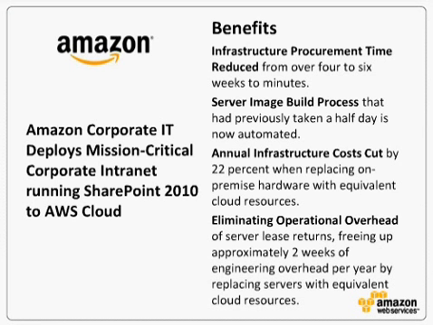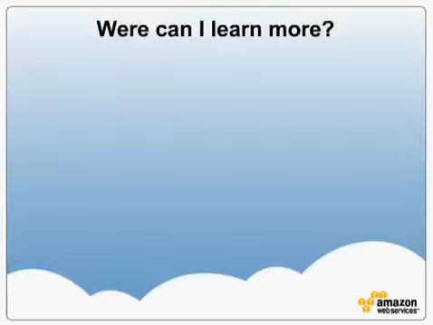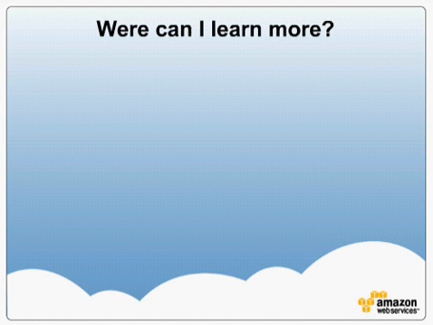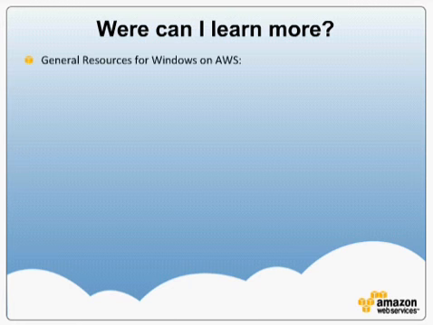So if Amazon corporate IT can make that choice and take a look at building some of the bigger infrastructures, certainly your business can as well. There's a lot of information resources available. Amazon's built quite a lot of documentation and general resources about not only our platforms but how our platform works together with Windows. So there are some general resources for Windows on AWS at